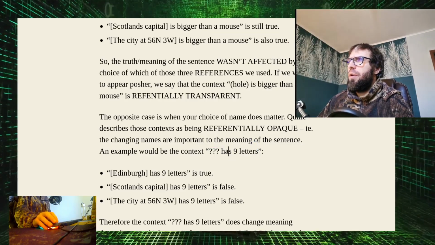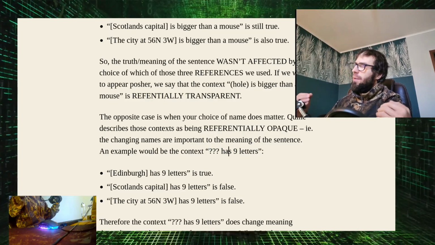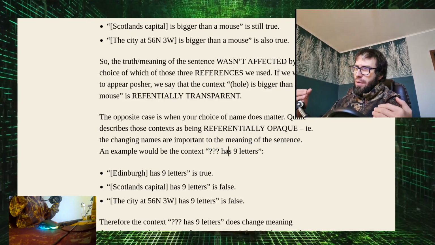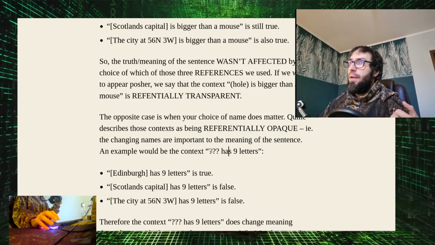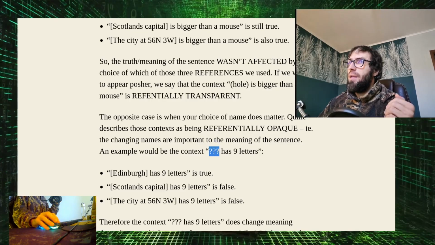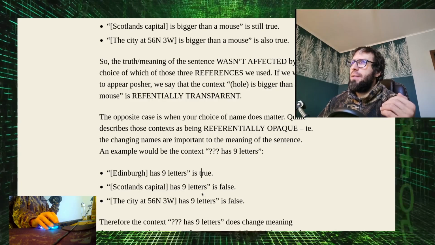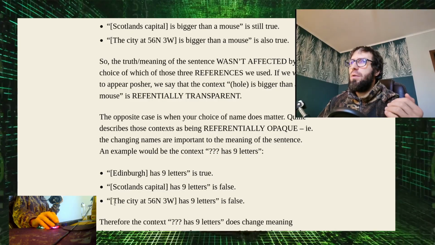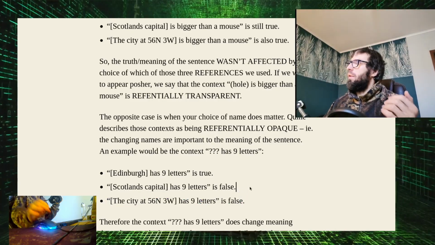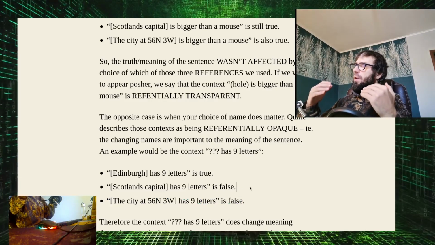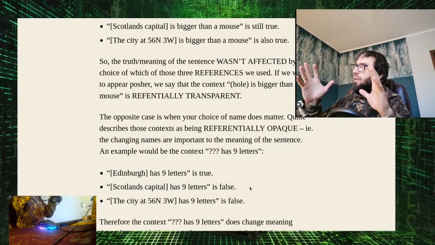Again here we have some relation with this abstract object. "Edinburgh has 9 letters" is true. "Scotland's capital has 9 letters" is false. So here they change the name, change the reference, but